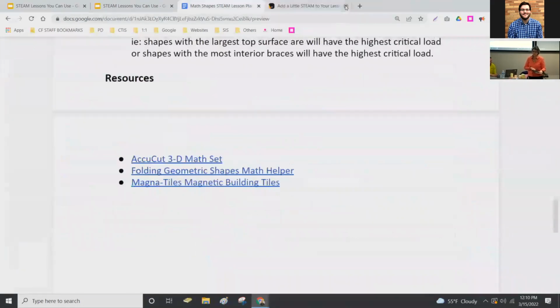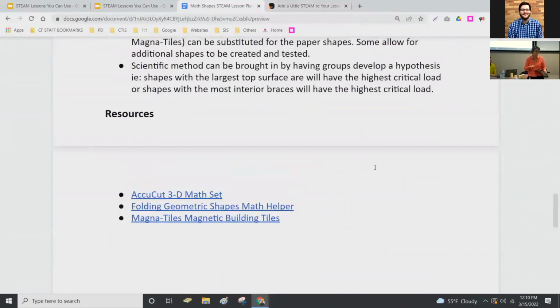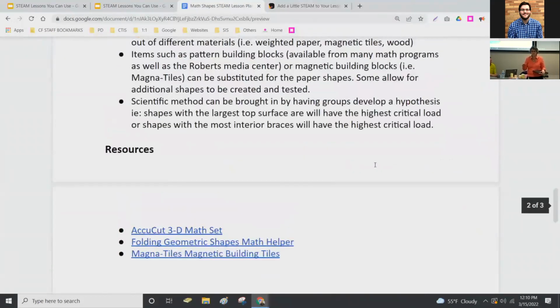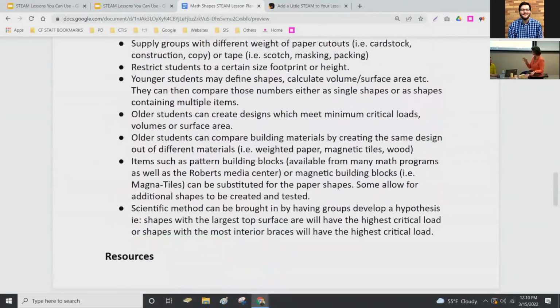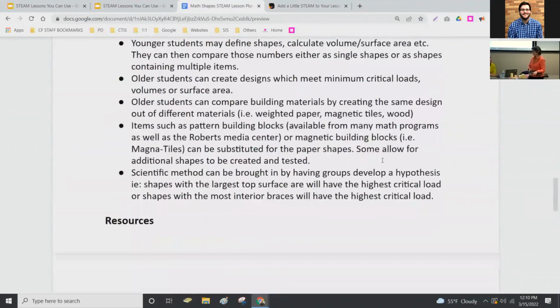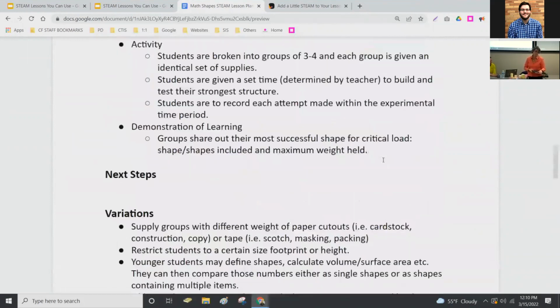So this type of lesson with these manipulatives, which is what I was focusing on, is very open-ended for many different STEAM projects, for the littles, for the middles, and for the bigs that are taller than me right now. But that was the math lesson. Questions on that?